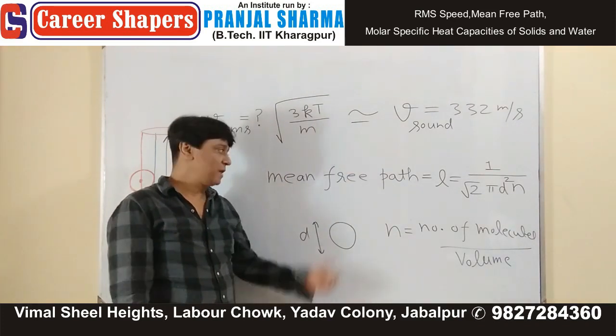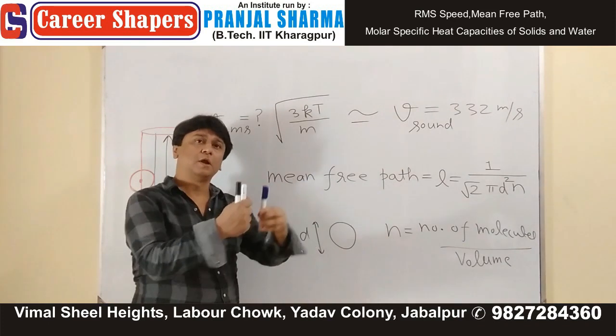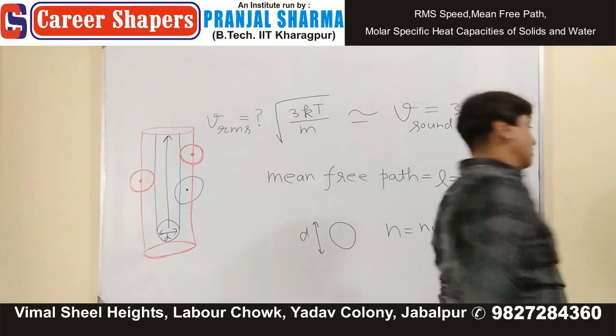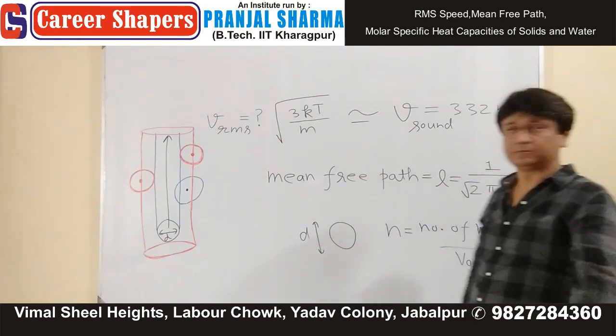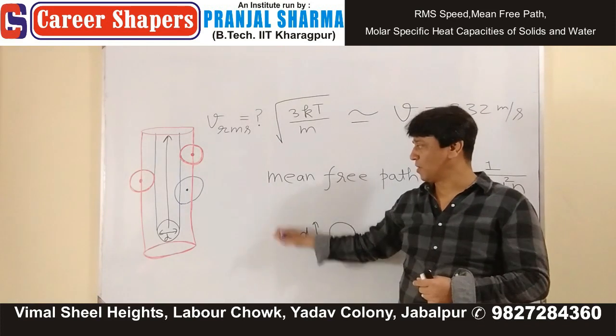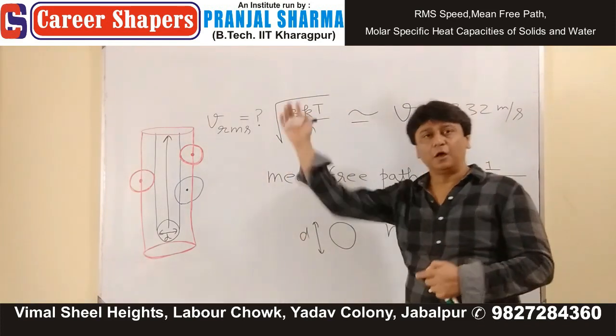We are saying that on average, this molecule has the freedom of moving up to 10 to the power minus 6 meters. So since it's free to move only for 10 to the power minus 6 meters, then suffers a collision,